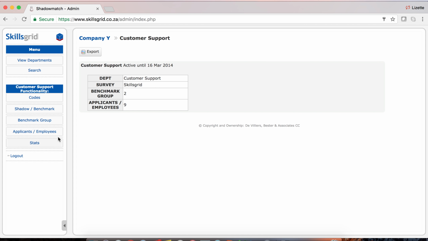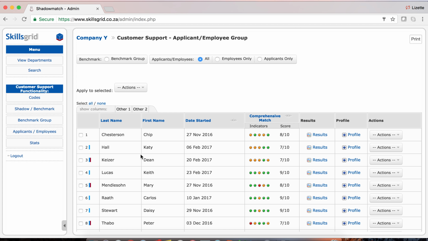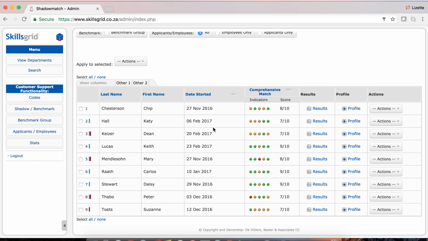In the left navigation panel, you will see applicants, employees, and this is where the results of all applicants and employees that have completed the skills grid questions will reside. You can see that in this file, we've got 9 applicants or employees, and we've got 2 people in the benchmark, the 2 top performers that have contributed to our benchmark. So if I now click on my applicants, employees, I see a list of people with their